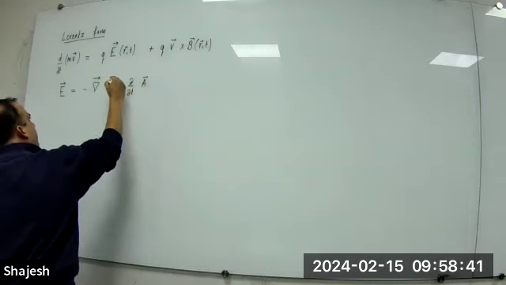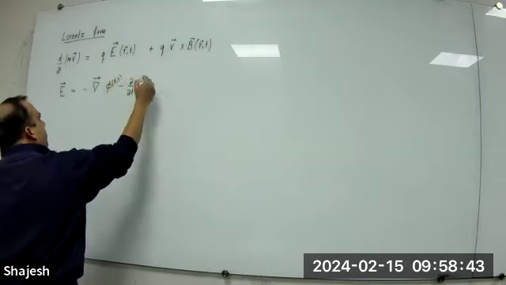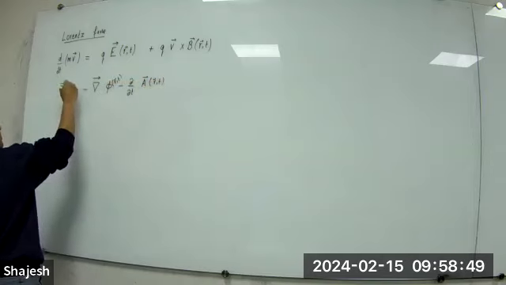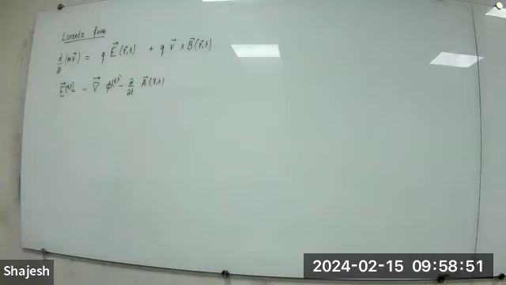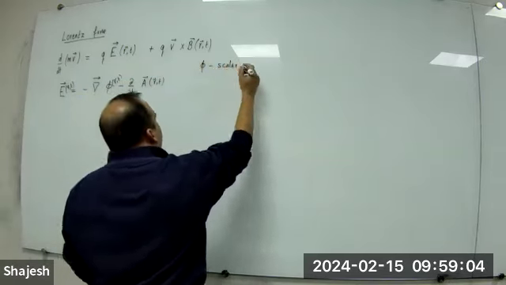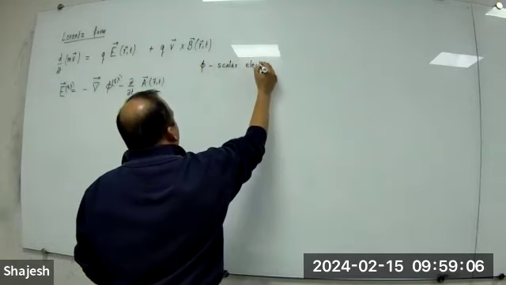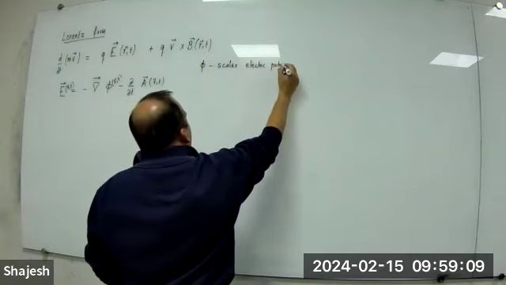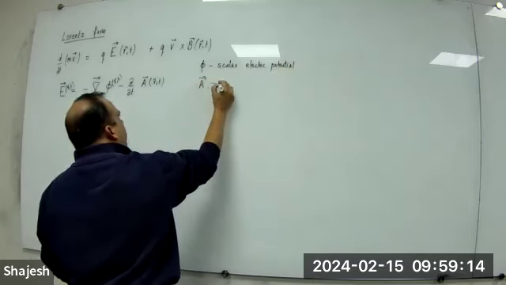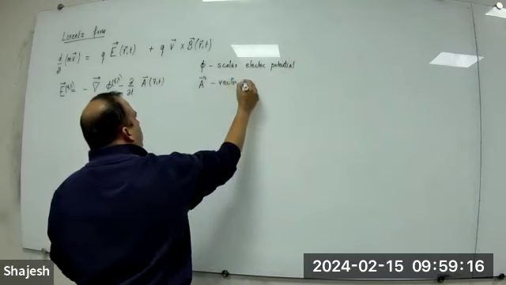Both of these are r and t dependent. Maybe I should write it down first. Seeing this, you should have seen this, by the way. I'm not trying to teach this, so the expectation is that you've seen this even before graduate level electrodynamics. Phi is the scalar potential, so usually you say scalar electric potential, and A is a vector magnetic potential.